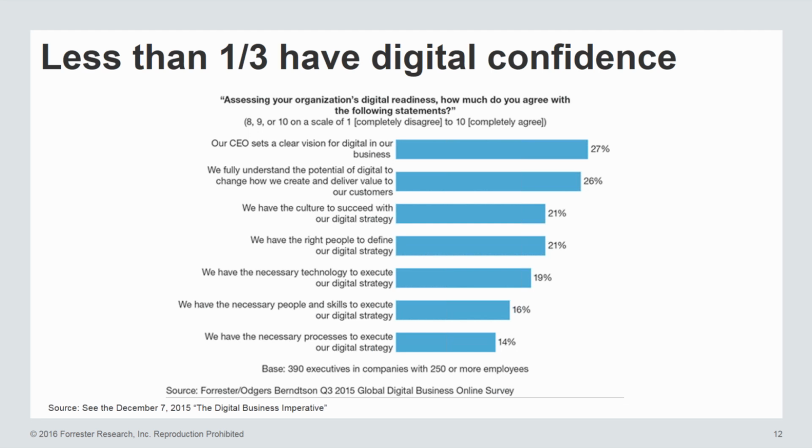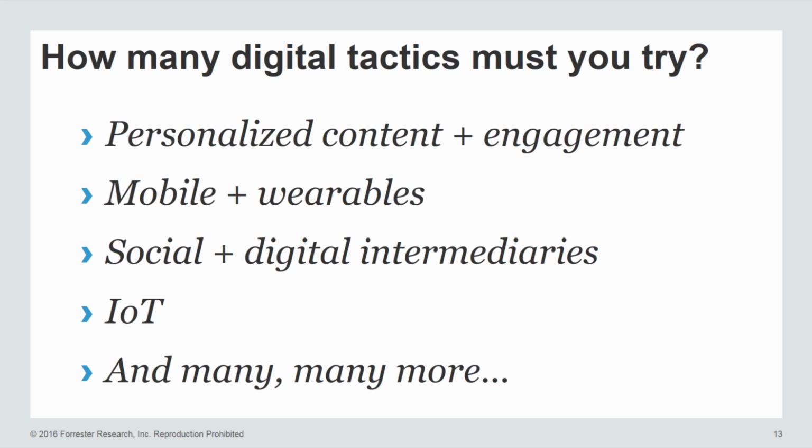That's a pretty abysmal view until you start to think about maybe why. Well, why don't we have the confidence to succeed in this age of the customer? One of the areas is that we simply have too many targets. Those individual silos are chasing different initiatives, different technologies, new enhancements to the processes that they've been working on. So if you're trying to tackle personalization and mobile and social and wearables and IoT all at the same time, perhaps it's diluting your overall investment. Or maybe there are actually areas that are inhibiting success in adjacent areas.